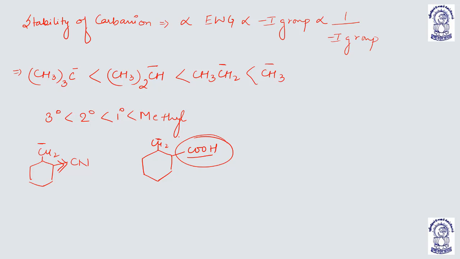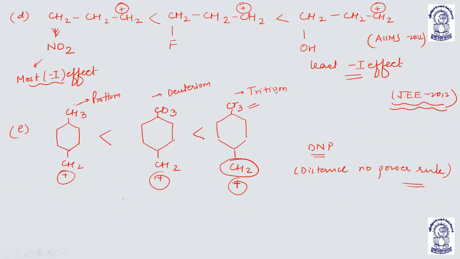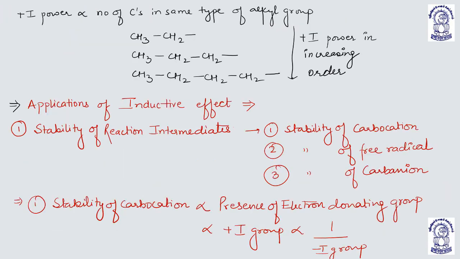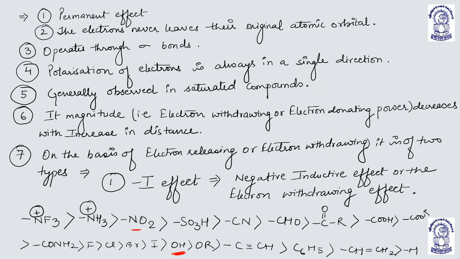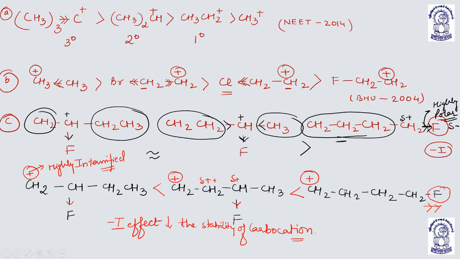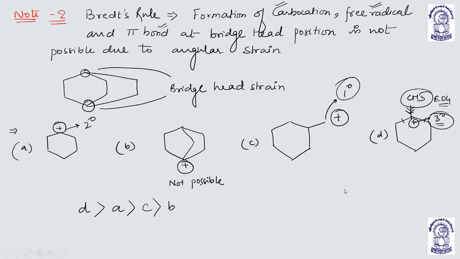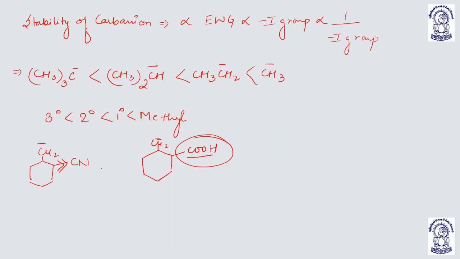When CHO and CN are compared, the minus I effect of CN is more in comparison to CHO. CN is more electronegative than CHO, and that is why the effect is more intense. So this is more stable than this compound, which is more stable than